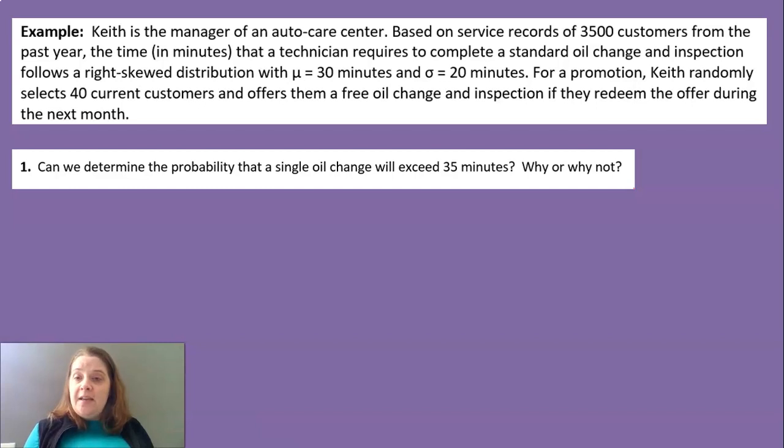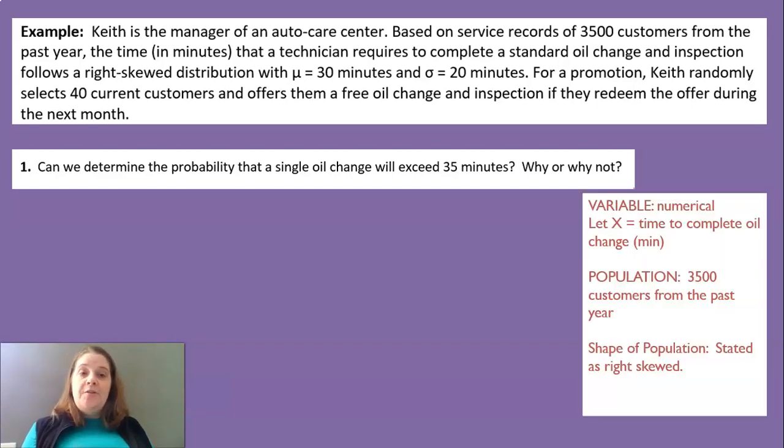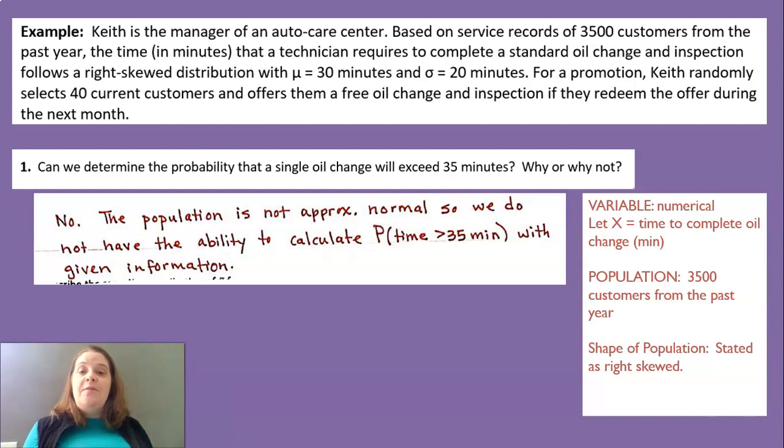All right, so the question says, can we determine the probability that a single oil change will exceed 35 minutes? Why or why not? So I know that my variable is numerical because X is going to be the time to complete an oil change in minutes. My population is those 3,500 customers, and the shape of the population is stated as skewed right. So we want to know, can we find the probability that X is greater than or equal to 35? In this case, no. The population is not approximately normal. So we don't have the ability to calculate the probability that the time is bigger than 35 minutes given the